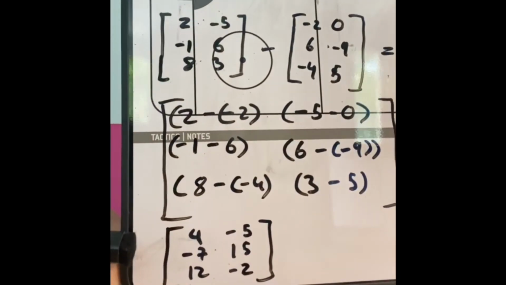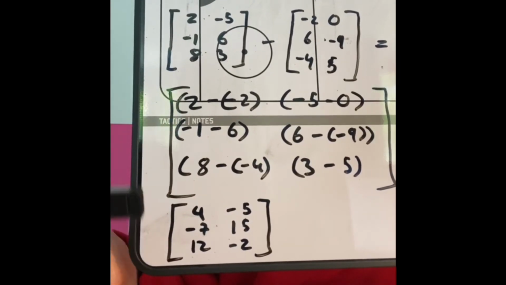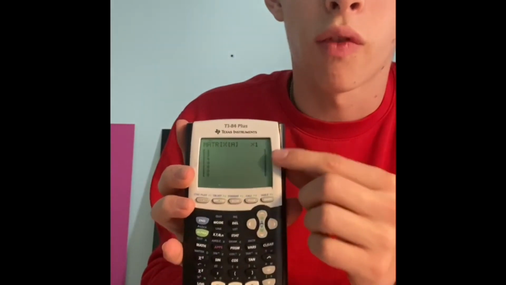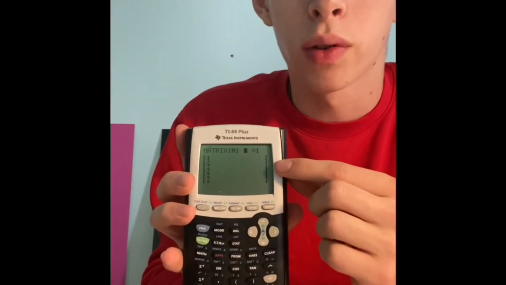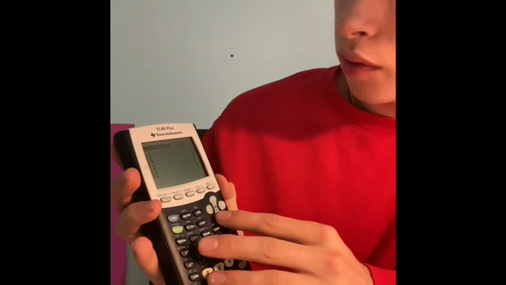So in the end, after doing all these calculations, we come up with this matrix. And to prove it right, we will use our calculator, and we will do the same thing as we did prior with the addition, just with subtraction. So we go to second matrix, and you type in your matrices on edit, and then you just subtract them in the end. Again, make sure you type in the right number of rows and right number of columns so you can put in your values. For this one, we had 3 rows